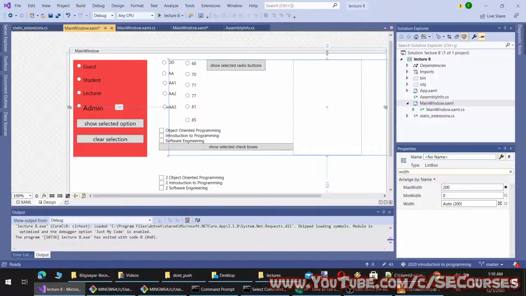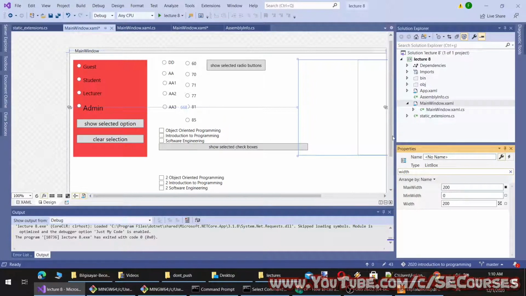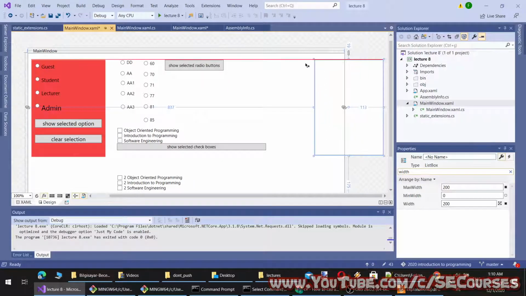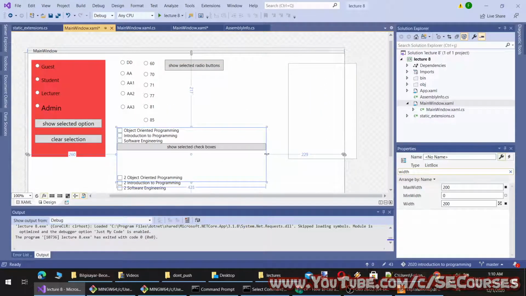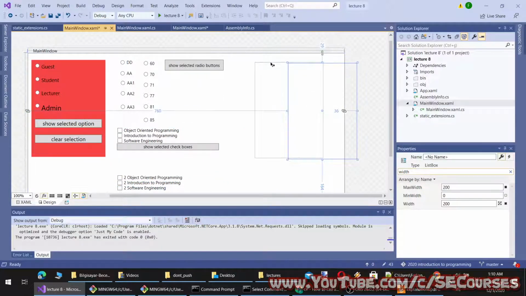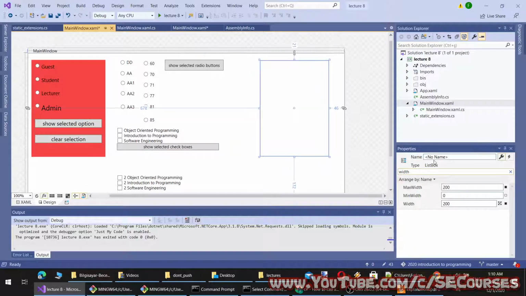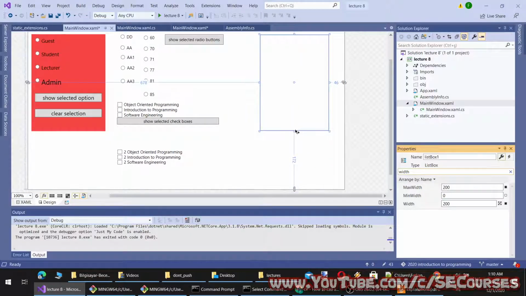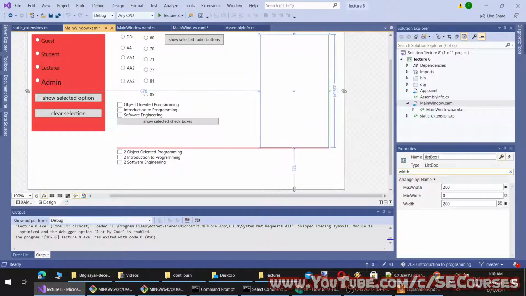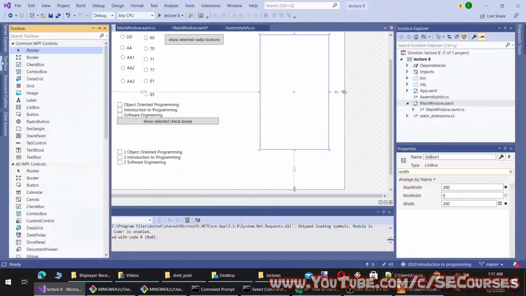And what is this? Okay, it is still working width. Okay, let's set it a width, not a max width, because when you set max width, it will be getting expanded based on that. Okay, now we have our list box, set it like this, and let's give it a name, listBox1. Okay, so list boxes are basically lists that can have elements added, removed, or changed.